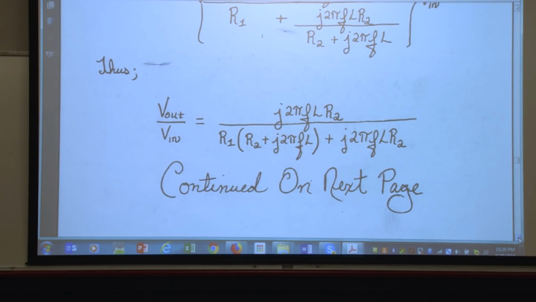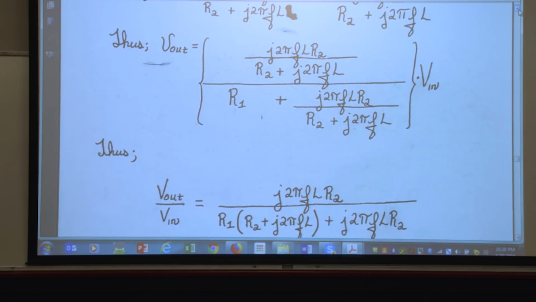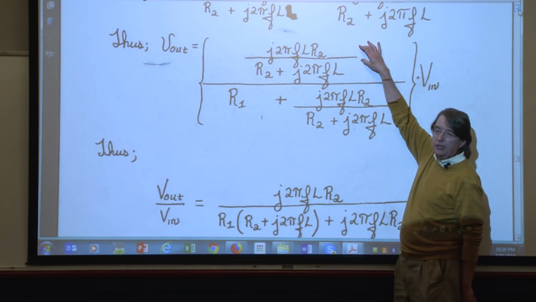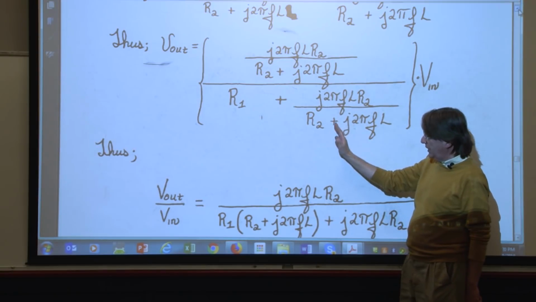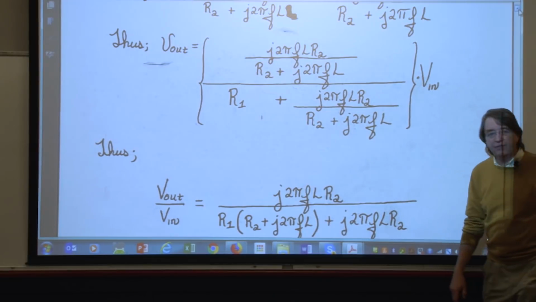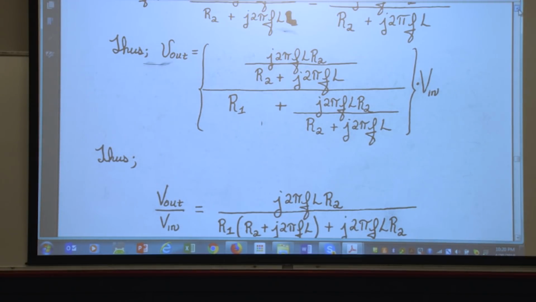And I get this. Now, some of you have asked me, how do I simplify this? Multiply top and bottom by R2 plus J 2 pi FL. That cancels it here. That cancels it here. And what I get is R1 times R2 plus J 2 pi FL. Okay? So now,